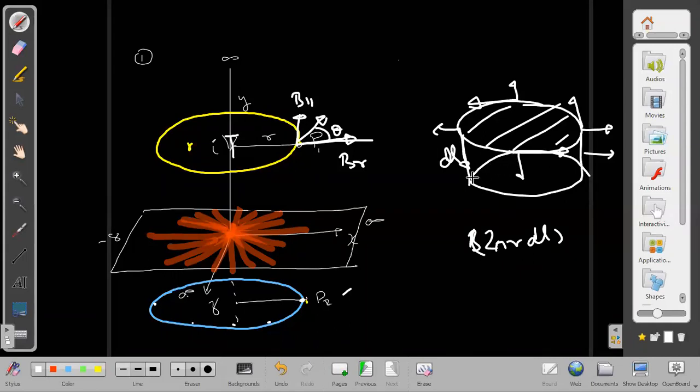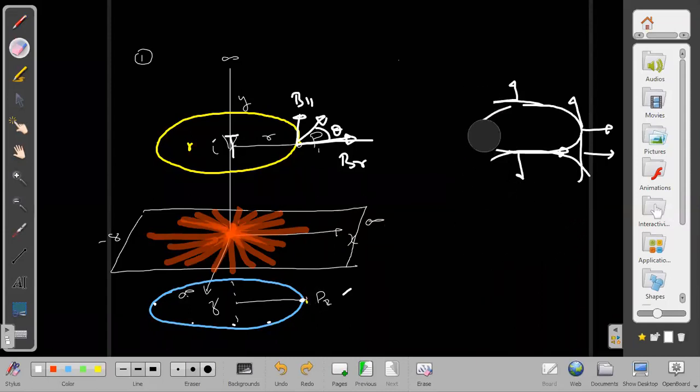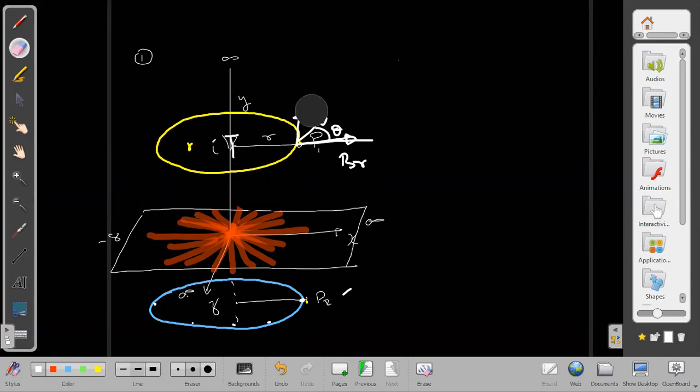One more thing: why don't I assume the field to be upwards or downwards? Can the field be upwards and downwards also? I have to look for those cases also. What is the direction of the field? I have to guess the direction of the field. Could it be upwards or could it be downwards? Yes, sir, it could be. Let us check once now.